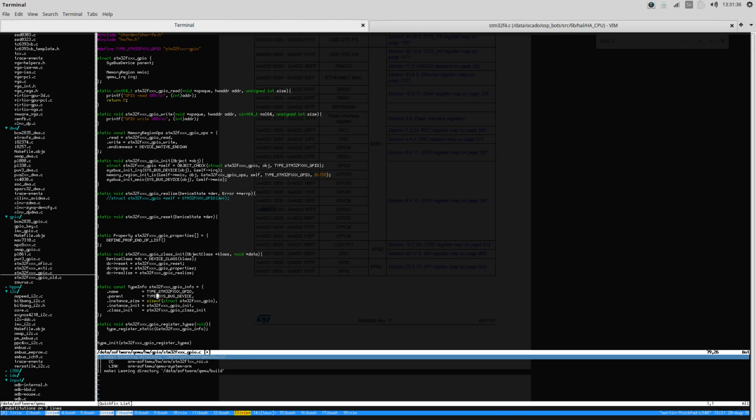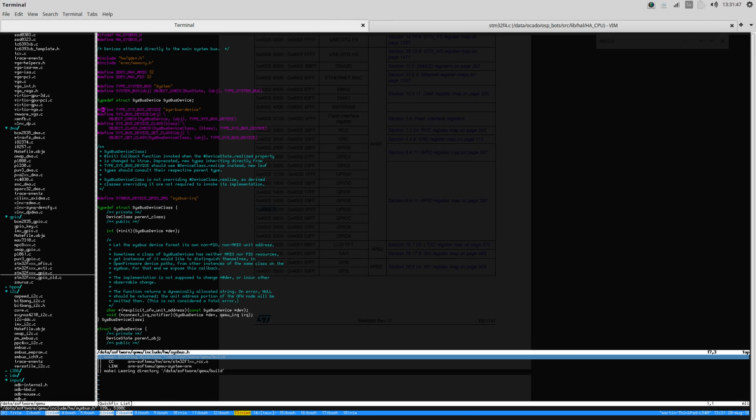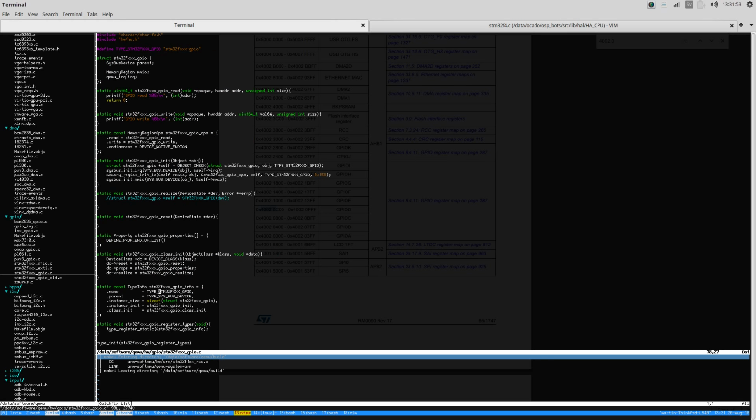You have a parent, which in this case we just set to bus device. This type here, which basically corresponds to the string SysBusDevice, is just here to describe the relationship of subclassing SysBusDevice, which is the first member of this structure for STM32 GPIO. It is a SysBusDevice, so we supply parent here and set it to the string description of that class, and this allows us to test pointers whether they point to the correct type,